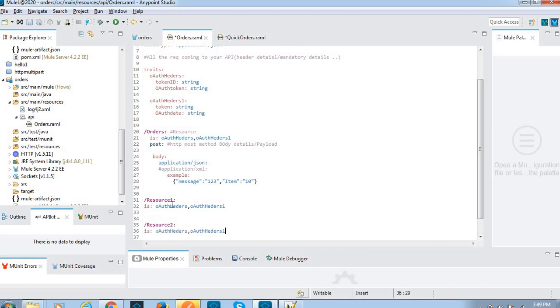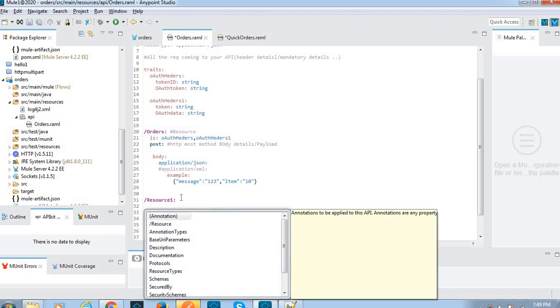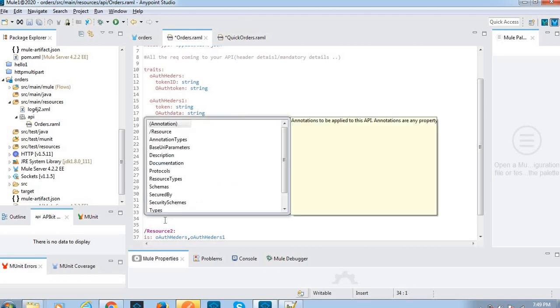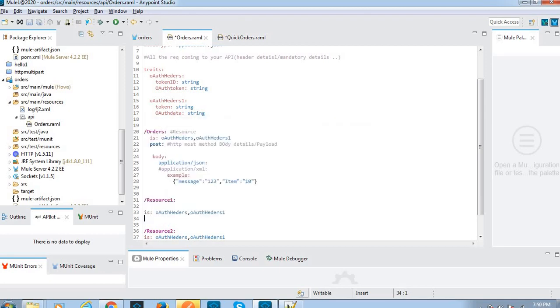Let me here, this is another method. This is the get method. Every time we have to follow the indent, otherwise we will get errors. Get method.